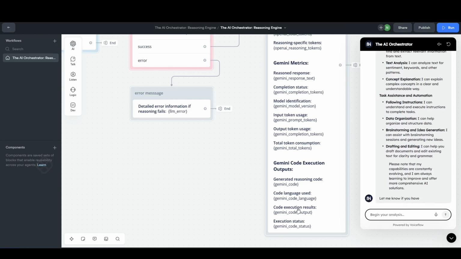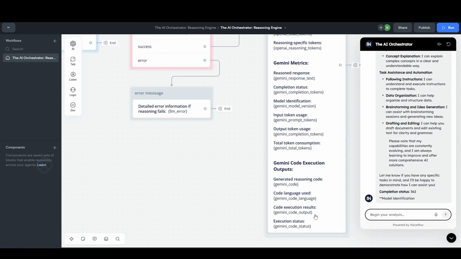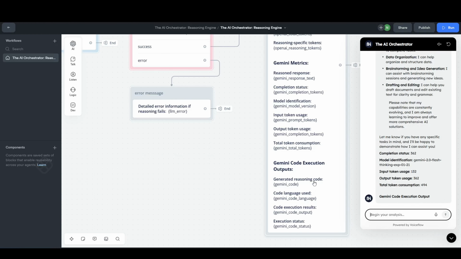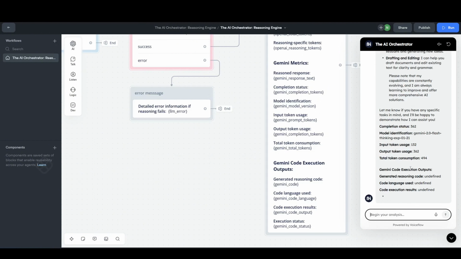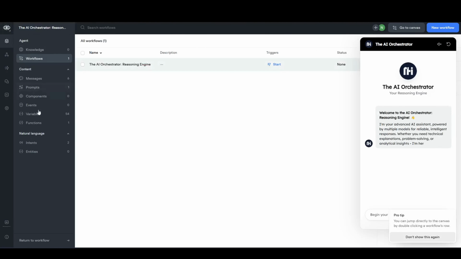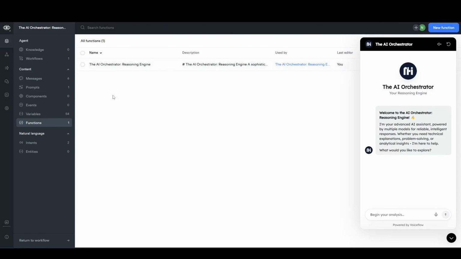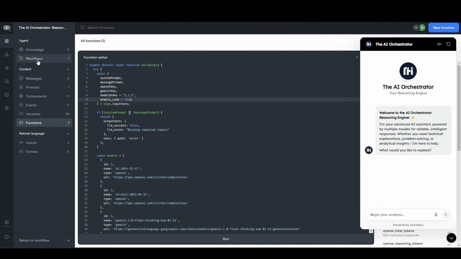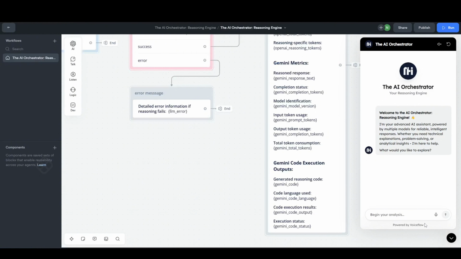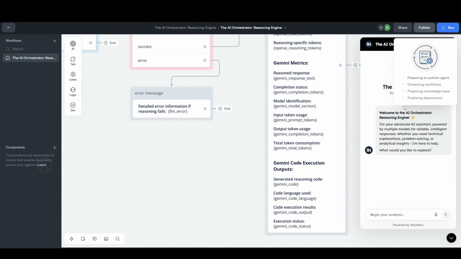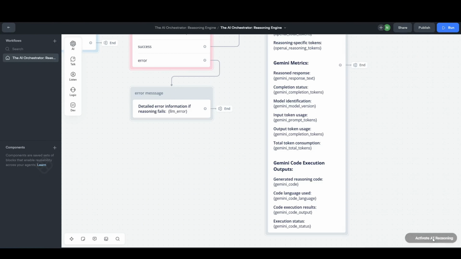We expect that code execution would be undefined because we actually have made it false. So the next is that we are going to make code execution true. Because this particular question obviously doesn't require code, the model should intelligently determine that and not use code.